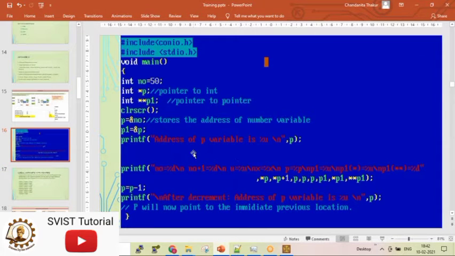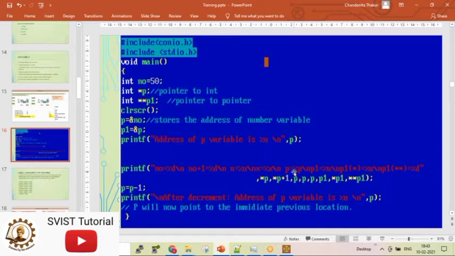Second important thing we did, we can print the address of an address variable. P is holding an address, and P1 itself is holding an address. I have one more address, the address of NO, which is actually assigned to P. So any kind of address, if I want to print, I have to use the format specifier %u.